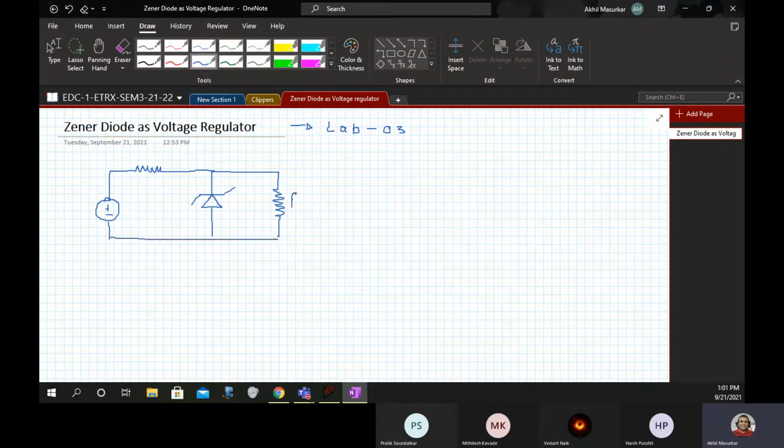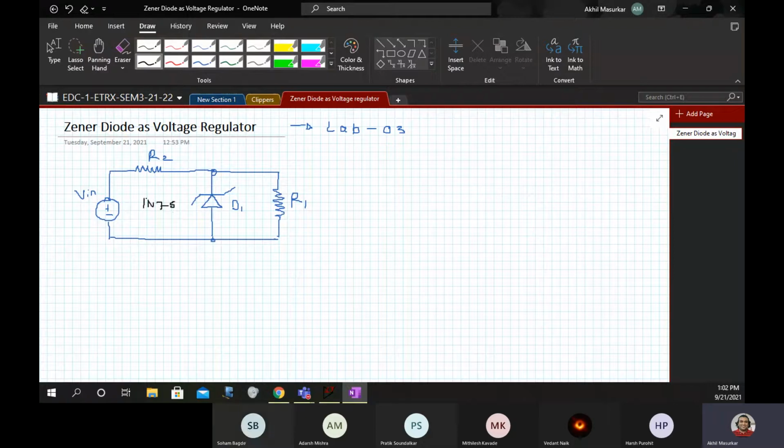I am using the notations here, R1, R2, Vin, and this is your diode D1, and from the SPICE netlist we are going to pick up this diode, 1N750. It is the number of the diode that we are going to use in our experiment.